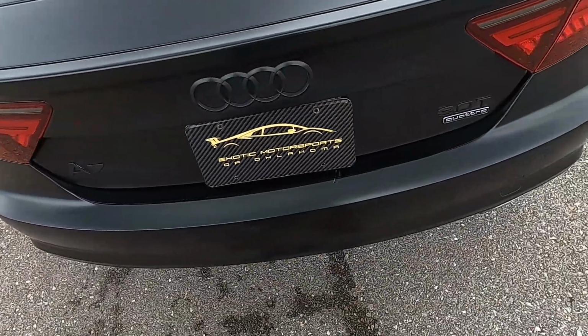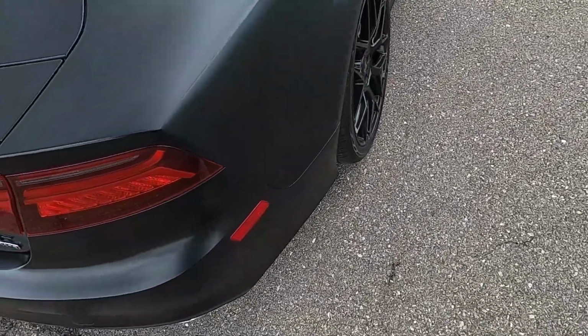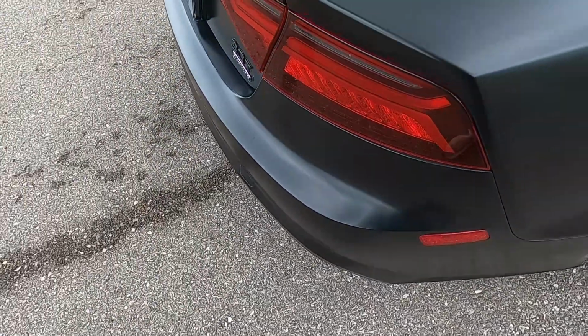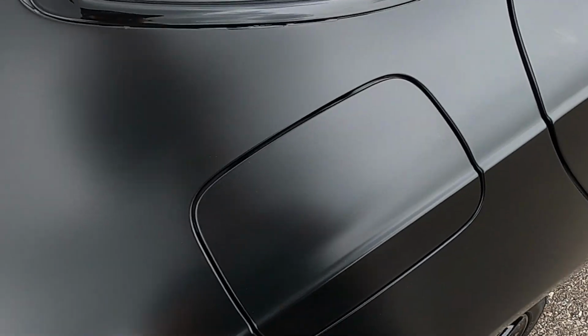Vinyl wrap kind of acts like clear bra does in the way that it protects the paint from scratches and defects, things like that. So if you decided the wrap wasn't for you, the paint should still be in very good condition underneath, assuming it was wrapped that way. We do kind of have a scuff here, a line that kind of goes across there. On the passenger side rear quarter panel,